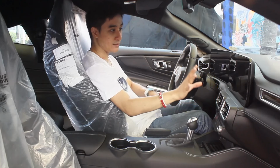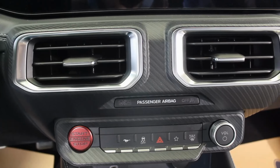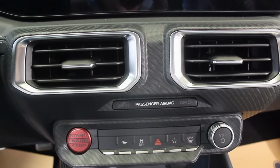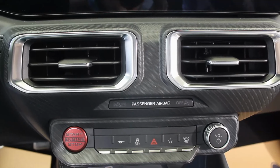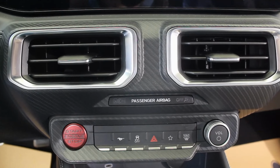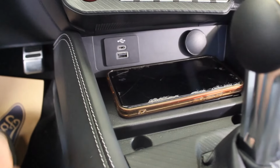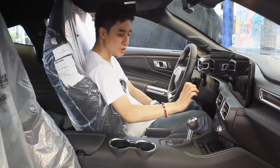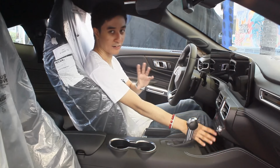So below the infotainment screen, you get two air conditioning vents wrapped in carbon fiber once again. Safety reminders, engine start stop button, more modes here for your climate and for your infotainment system. Mustang button, so I think this is to do with the driving mode itself. Way further down, you got USB-C port, a USB port, 12-volt socket, and a pad here. I'm not sure if this only Mustang has wireless charging capabilities, but hey, at least there's a pad here separately